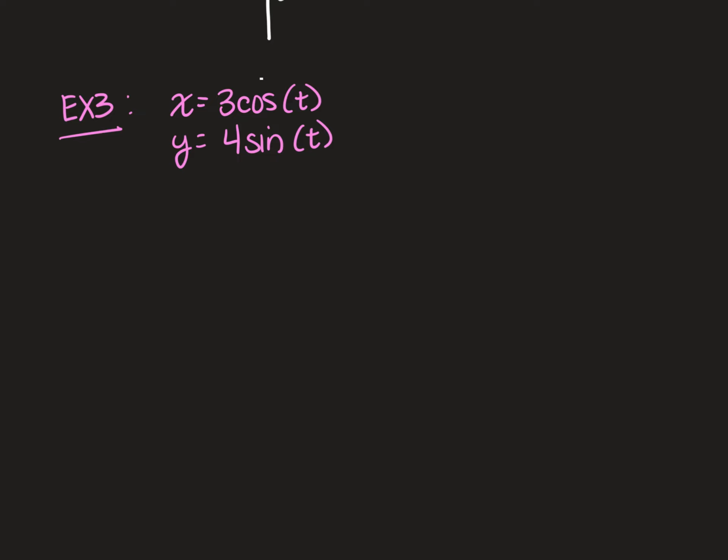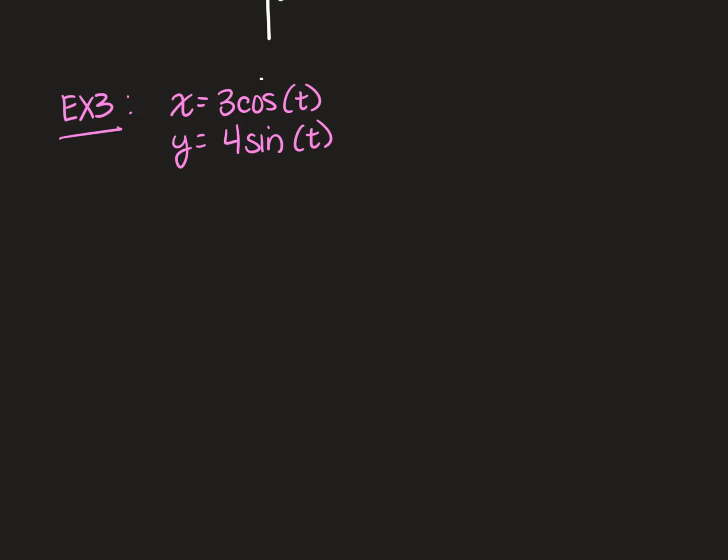So the issue becomes with this setup, how do we solve for t in one equation, and what does that look like when we plug that into the other equation? And it becomes a mess. In order to solve either equation for t, we're going to have to either take the inverse cosine of both sides or the inverse sine of both sides. And then when we plug it back in, we just have this layering of trig equation or trig functions, and